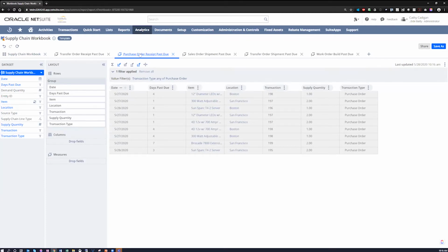We'll see here we can analyze any of our past due purchase order receipts and some basic information about them. Since this SuiteAnalytics workbook gives us the ability to manage this data with pivots, let's go ahead and make some changes here to make sure that we're able to see data that's more relevant for us. First off, let's get rid of the date, transaction type, since we already know that we're just looking at purchase orders, and item, since we're only dealing with a single snapshot and we're really just wanting to work with purchase